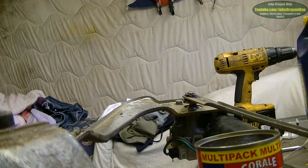Yeah, looks like I'm still going to have to go and cut this bean tin to pieces. The level of rust on the car is